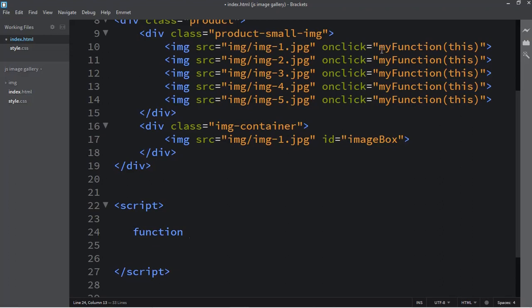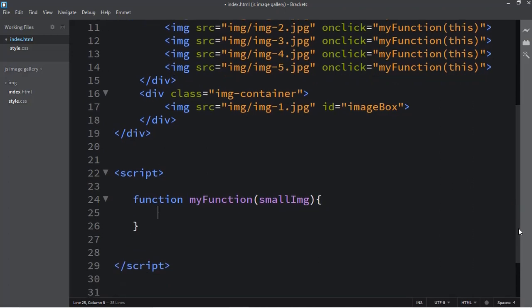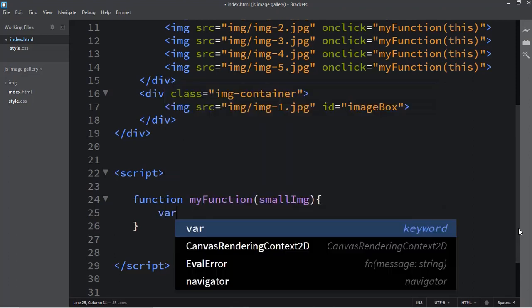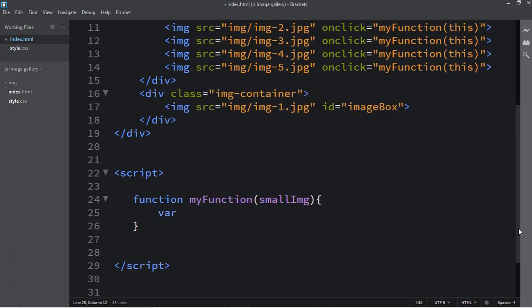So my function, copy this and paste it here, and let's add small image. So for that, curly brackets, and now we need to create one variable. So var full image,